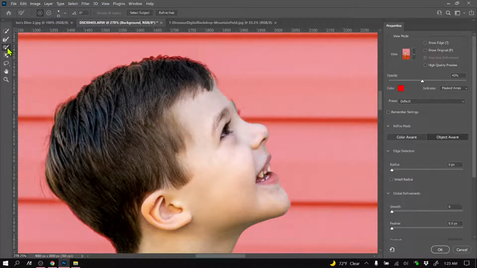But I'm going to go over here and I'm going to make sure that I'm on my brush tool. And these buttons right here, the plus is to add to your selection, and the minus is subtract from selection. So I need to add in his forehead. So I'm just going to brush that back in. I'm going to add in to his chin down here. And I'm just going to very carefully just